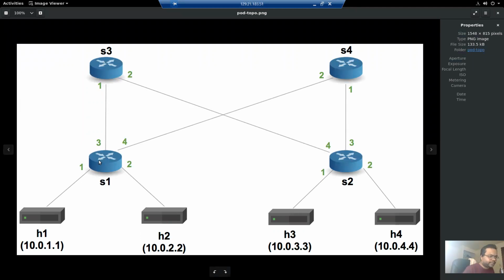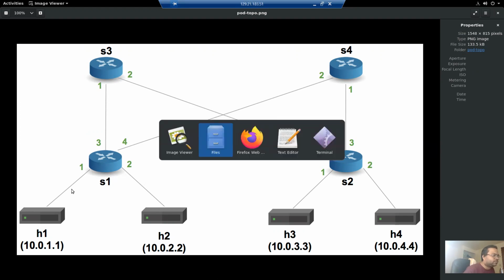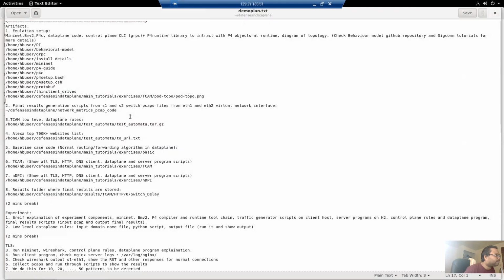We collect the PCAP files from both of these interfaces, and then I feed them into my program in order to gather the network metrics. Maybe at the end of the experiment, I'll show you how our program helps gather the different kinds of metrics from the PCAP files. So basically, you input the PCAP files, and then you will get your network metrics, like your switch delay, your packet processing time, etc.